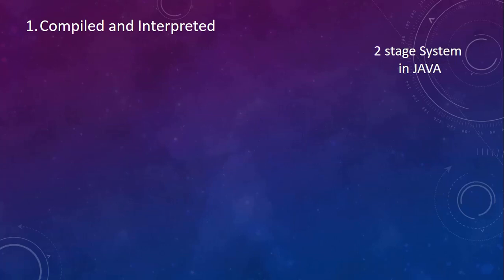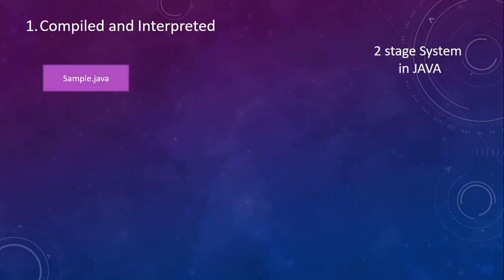Now let us see what this two-stage system is. They said that the Java programming language would work in two stages. In the first stage, there would be a Java compiler, and javac is the compiler used in Java. In the second stage, we would interpret that intermediate code into the machine code. So there was an interpreter also. The compiler name is javac and the interpreter name is java. Now let's see how this happens.